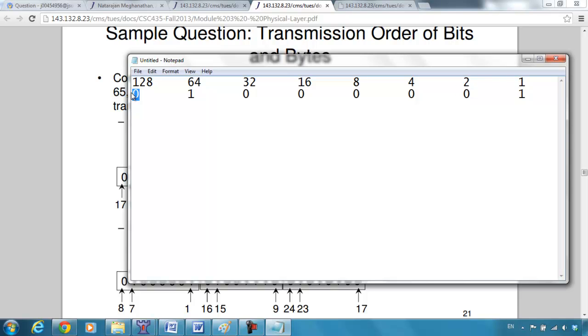So it's 128. When I want to send this byte in, say, the big endian transmission, I'll send this bit first, right? So within this byte, if I want to send the bits in big endian transmission order, then you will send the 0 first. If I want to send the bits in the little endian order, then I would send this 1 first. Okay,